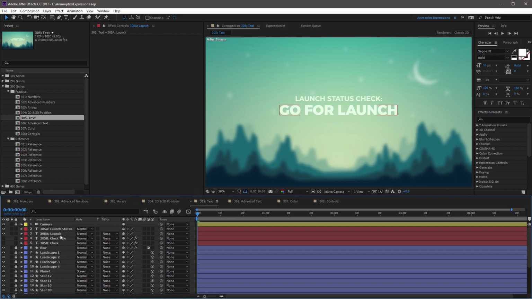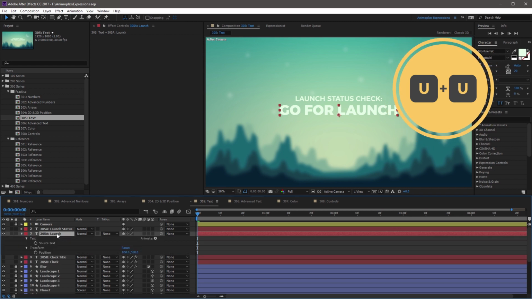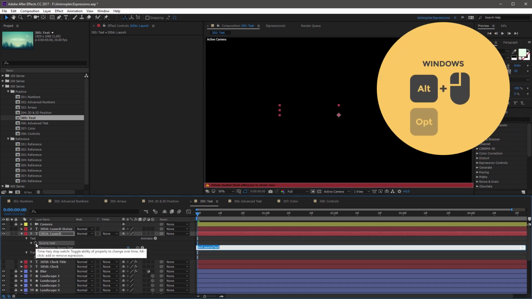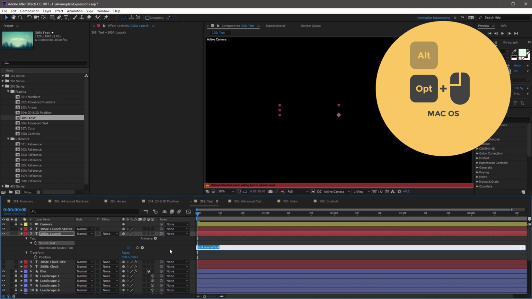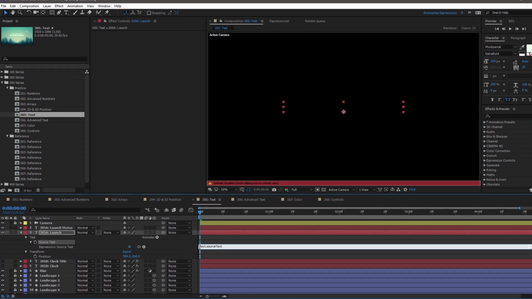So first you need to open up the source text property of the launch layer. A little trick I use is to rapidly tap UU on your keyboard, which automatically opens and solos the source text property. Once open, just add a new expression by alt-clicking the stopwatch. Now immediately it's going to give you default syntax here referencing itself, and you can come to the very beginning